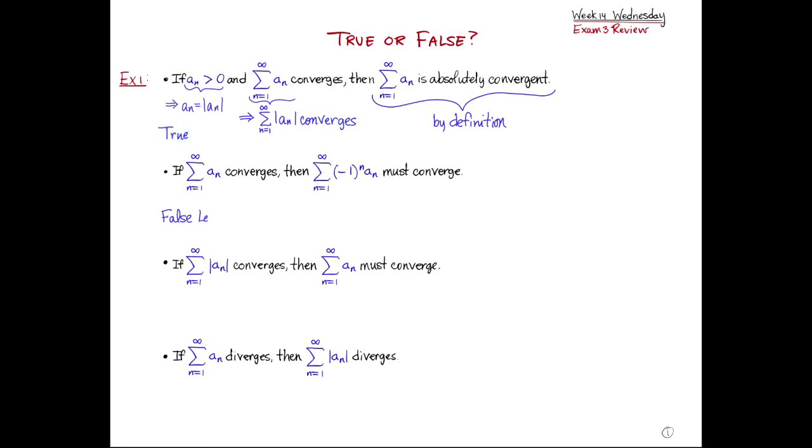Let's let a sub n equal negative 1 to the n over n. Then the sum from n equals 1 to infinity of negative 1 to the n over n converges by the alternating series test,